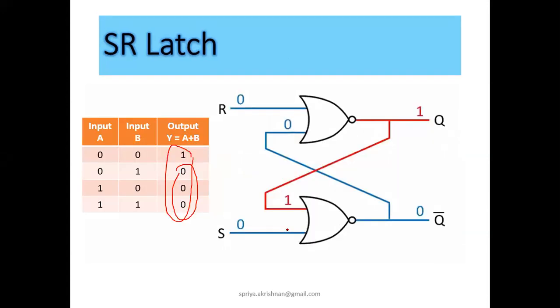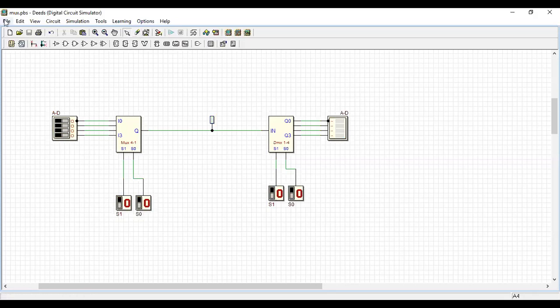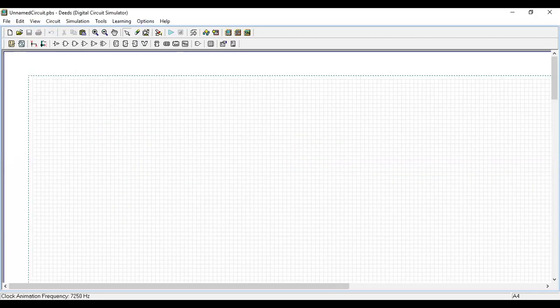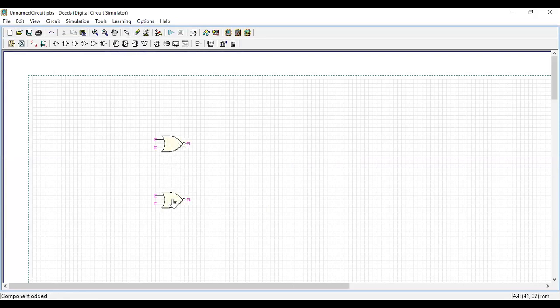We are going to verify the truth table of SR latch using the software. I'll open a new circuit page here, for our flip-flop exercise. We are going to design first using basic gates, that is NOR gate. So take two NOR gates, then take inputs and outputs.